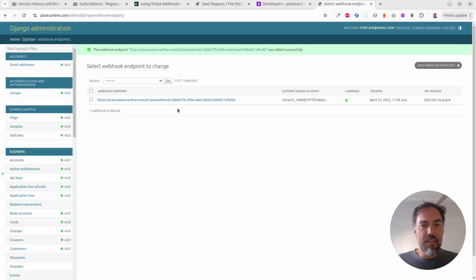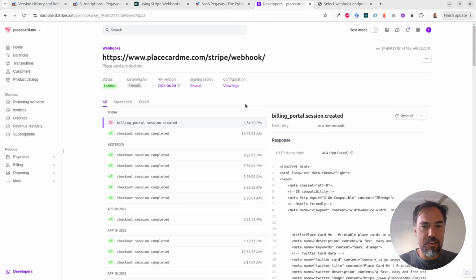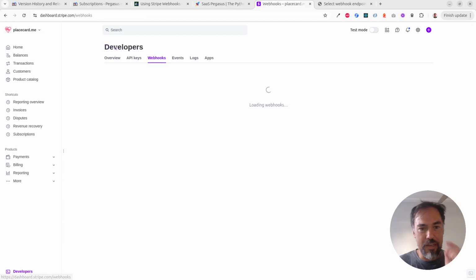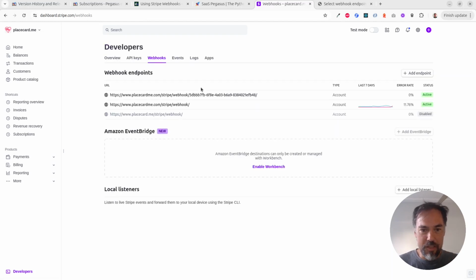And so now this has created a webhook endpoint in our Django admin, but djstripe should hopefully also have created this webhook endpoint in our Stripe account. And this is cool. One, that it just happens automatically. You don't have to worry about it. And two, you also don't need to worry about the secrets. When djstripe creates the webhook endpoint, it handles the secret configuration for you. And so now with any luck,